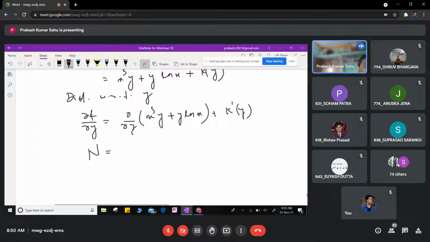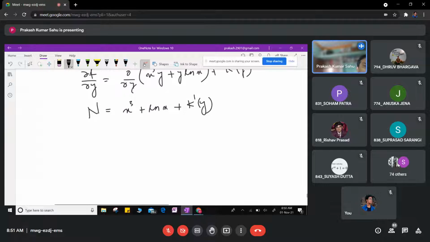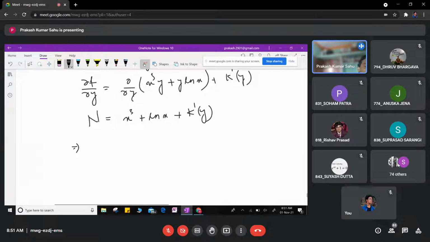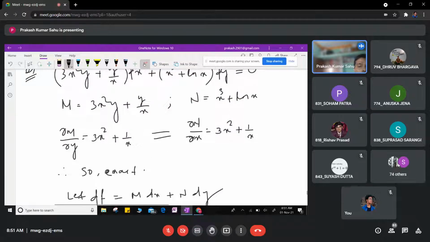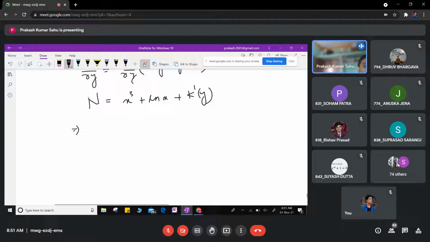Okay, which is equal to, take the derivative. Differentiating with respect to y, x is constant, so x cube comes, the derivative of y is 1, and again ln x comes, the derivative of y is 1, plus k dash y. And what is the value of n? Your n is equal to, go to the previous, you can see x cube plus ln x. Okay, so here it is x cube plus ln x is equal to x cube plus ln x plus,